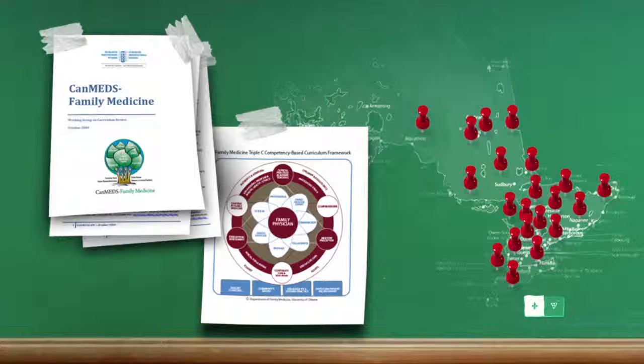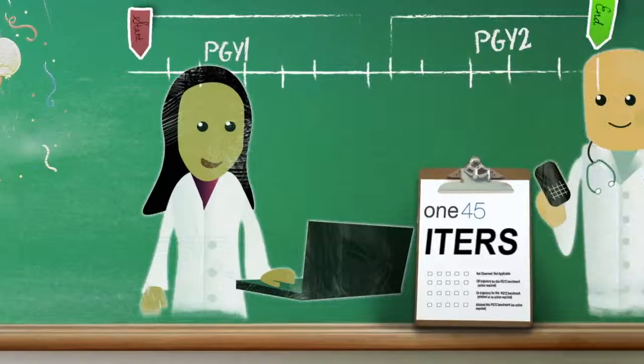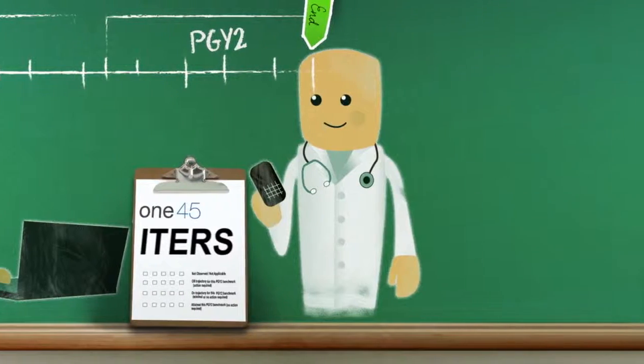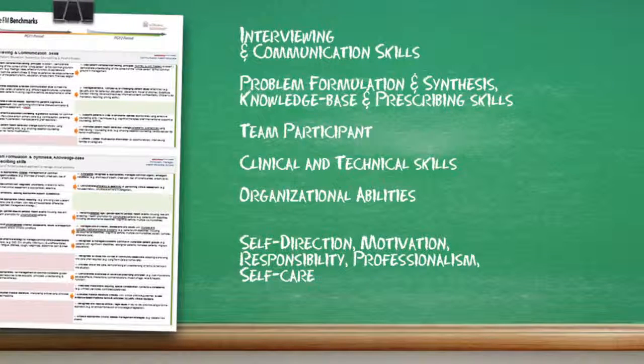The core family medicine benchmarks are intended to go into general circulation and use by July 2013. They represent where we expect a resident will be by the end of the PGY1 and PGY2 periods, respectively. Their components will form the basis of new evaluation forms. We'll be discussing this more in a minute. They also represent a tool that can be pulled out by residents or faculty at the start of a core family medicine rotation to discuss objectives. Let's take a brief look at the Core FM benchmark tool.